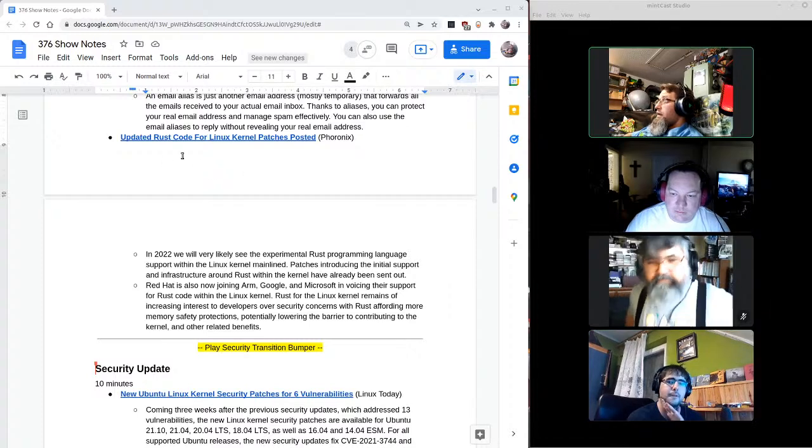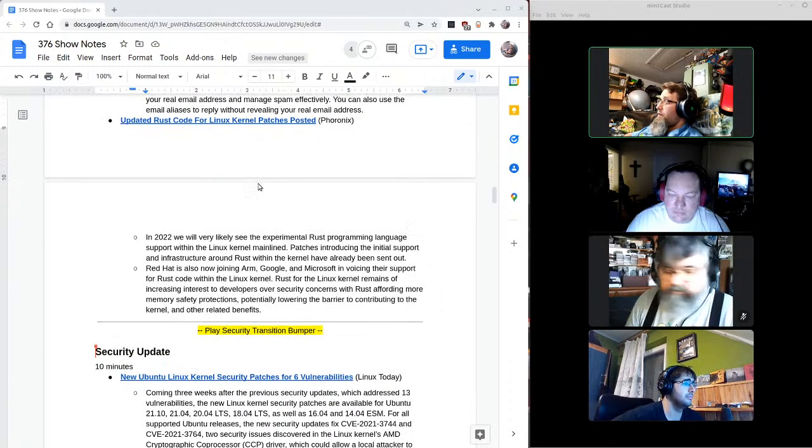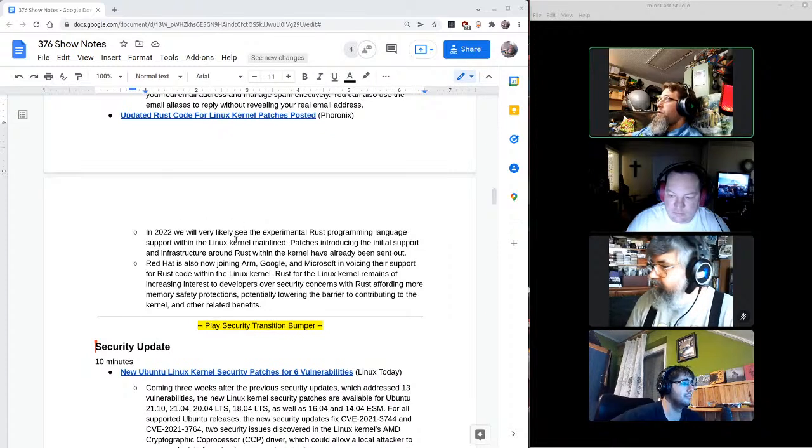All right, moving along. Updated Rust code for Linux kernel patches posted. This is also from Phoronix. In 2022, we will very likely see the experimental Rust programming language support within the Linux kernel mainline. Patches introducing the initial support and infrastructure around Rust within the kernel have already been